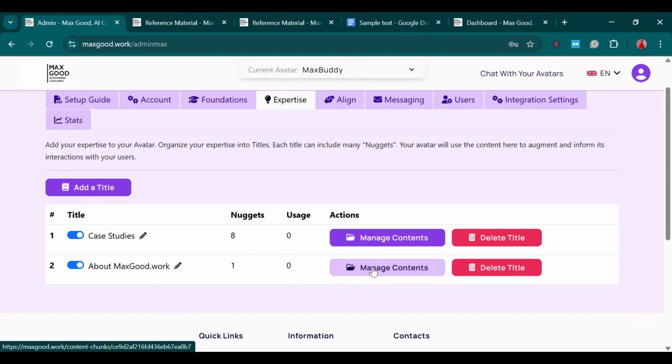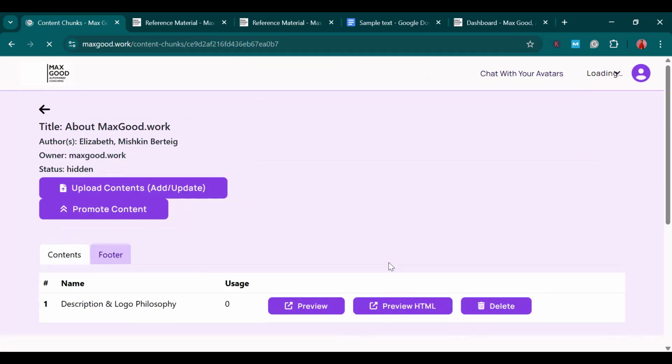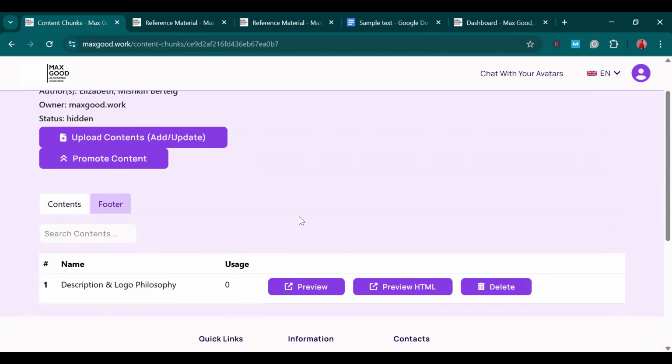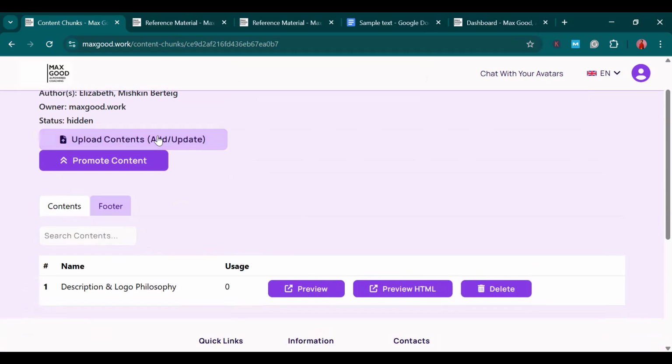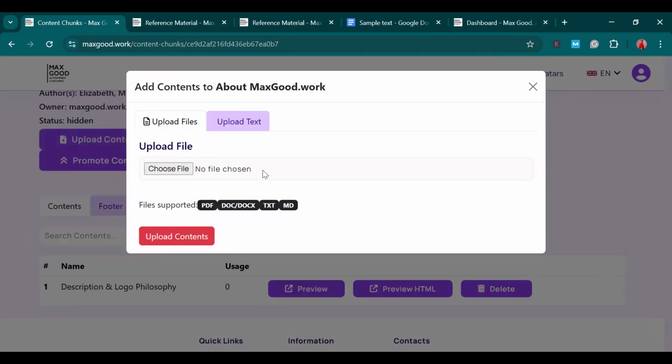So now we're going to click manage content so that I can add more content and we can have more content nuggets within this title. So if we select manage content, then click on upload content. Now, we've uploaded content using text. Now I want to upload content using file